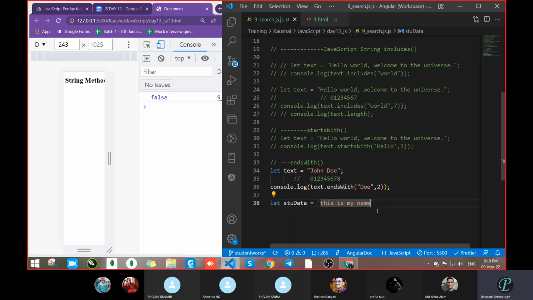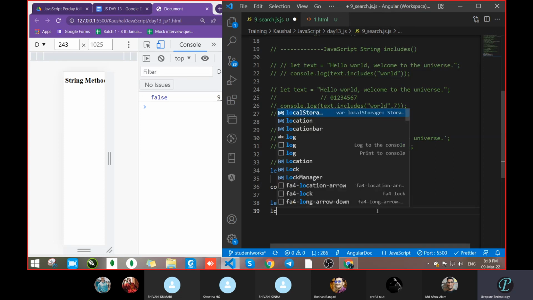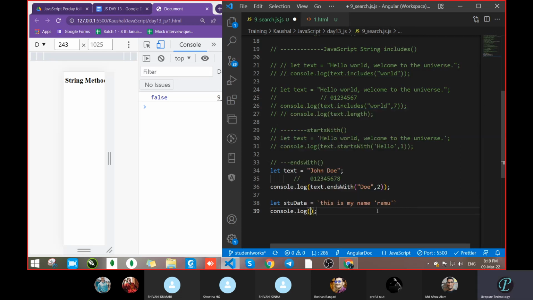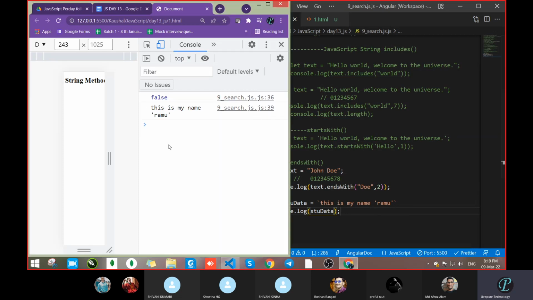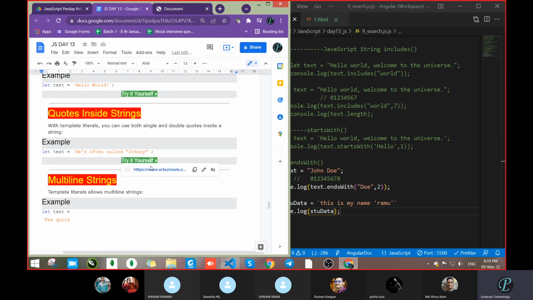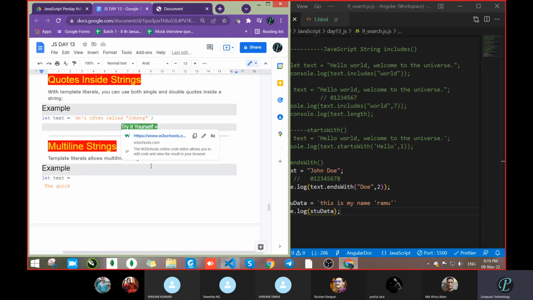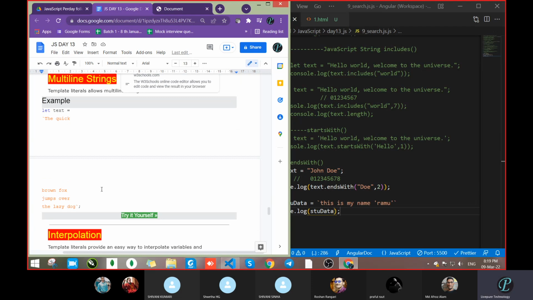Suppose after my name I have to pass Ramu, then we can pass anything, single quote, double quote, whatever we want. Let's console.log stuData. So that becomes with the single quote. Same thing we can do with the double quote. So inside the backtick symbol we can pass whatever we had already seen.